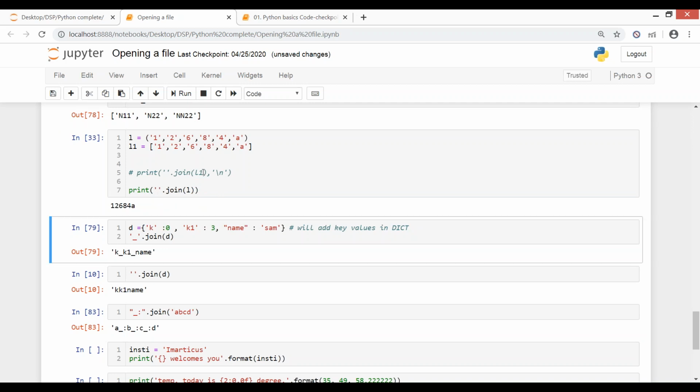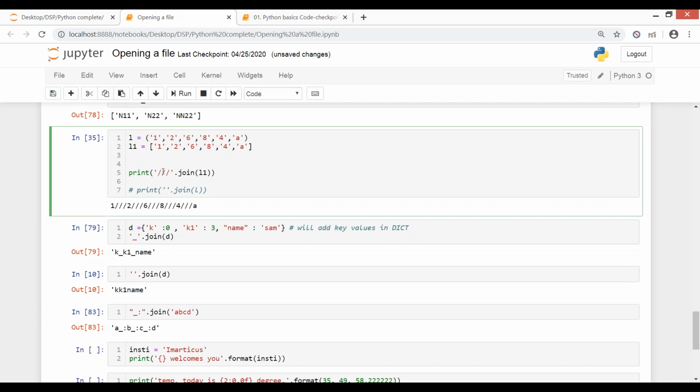So this will join all the values from that list, tuple or whatever you have. Now this above was for tuple L. It worked out. Now I want to join this list L1, and I don't want any spaces between the values. So when I run it, again I'm able to see that same result. Or if I'm giving a comma or this way, this came out to be my joining thing between the values.